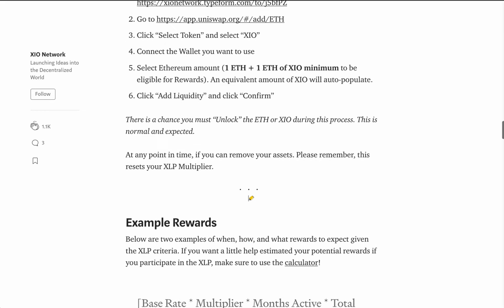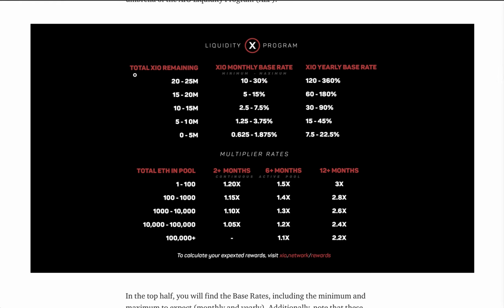So how you can maximize your rewards here, you simply go to this screen here, and you can see here that the total amount of XIO remaining has to be 20 to 25 million for you to get the maximum monthly base rate. And then on top of that, the amount of time that you stake, put your money in the liquidity pool, also gives you a multiplier. So if you put, let's say, 10,000 XIO into the liquidity pool today, there's more than 20 million currently still left in the liquidity pool. So you would be locked in on this level,